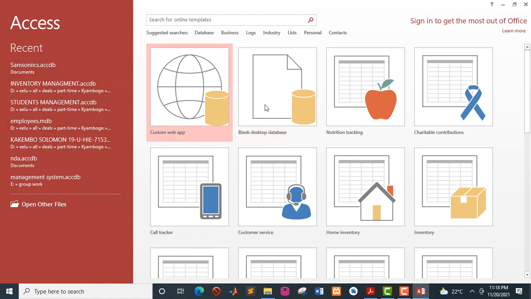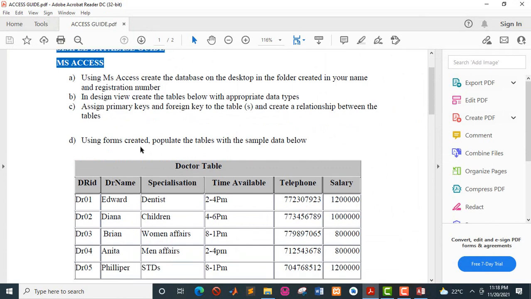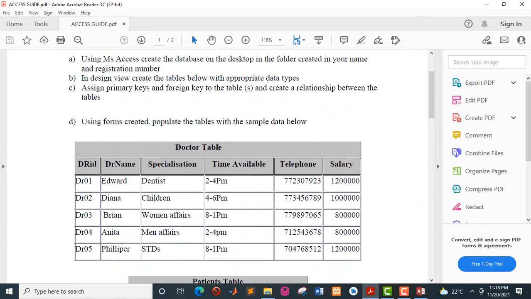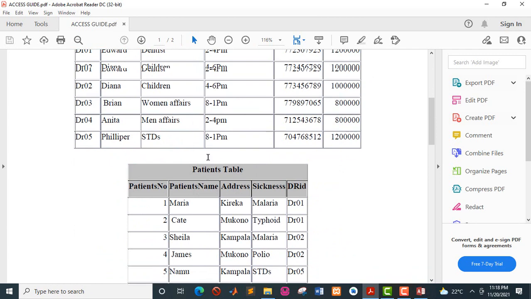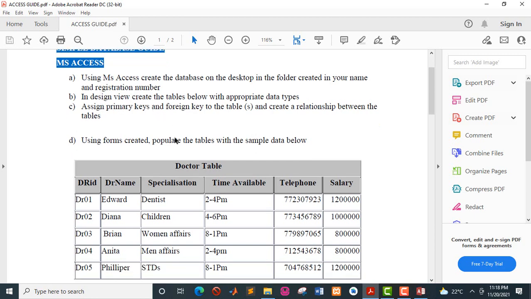So on building this particular system, we shall use the guide that we all shared. This is the guide that we shall use. We shall have two entities, that is doctor and patients. So these are the guiding questions that will help us in learning how to build a simple database system in Access as indicated here. So the first thing you're supposed to do is to create the database, which we shall